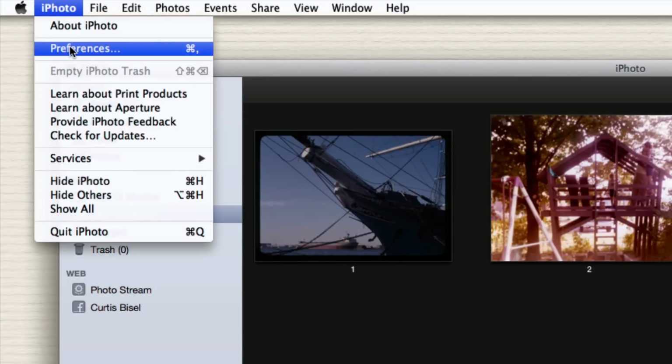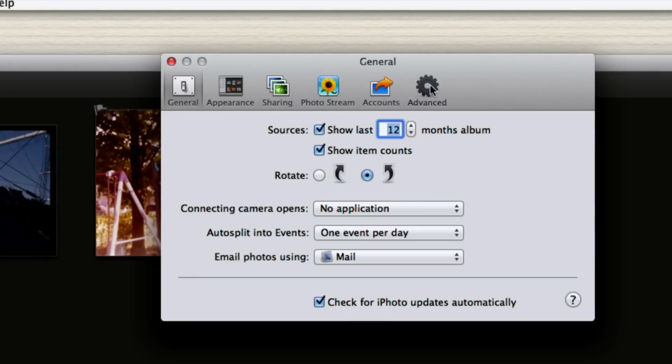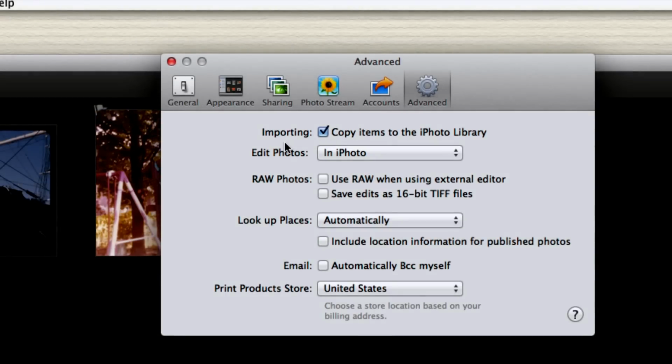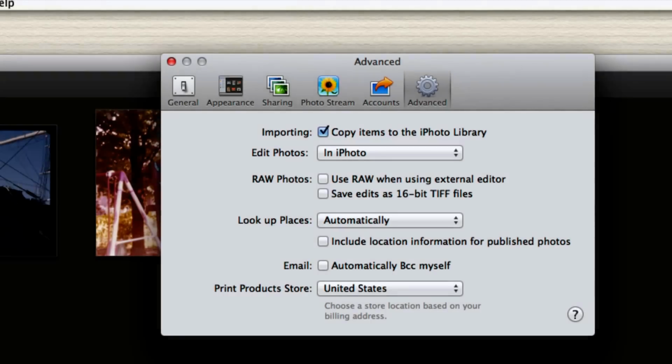If we go back into iPhoto and the Preferences, under the Advanced tab, you'll see that under Importing, there's a check mark next to Copy Items to the iPhoto Library. And the reason why this is the default import setting in iPhoto is because Apple wants to protect all of your images. It knows that the average user doesn't want to be responsible for the storage of all their photos.